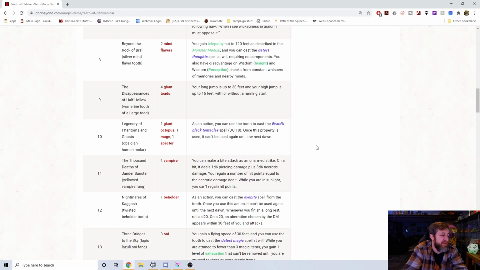Legendary of Phantoms and Ghosts, an obsidian human molar. Summons a giant octopus, a mage, and a specter. As an action, you can use the tooth to cast the Evard's Black Tentacles spell, DC 18, once until the next dawn. I'm not sure if any of these are really...